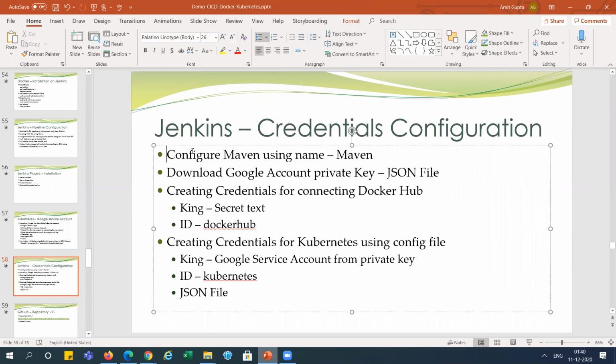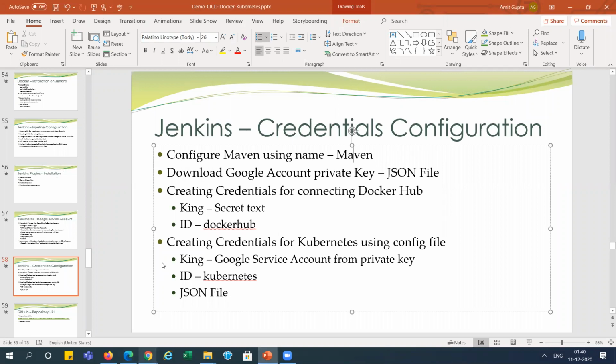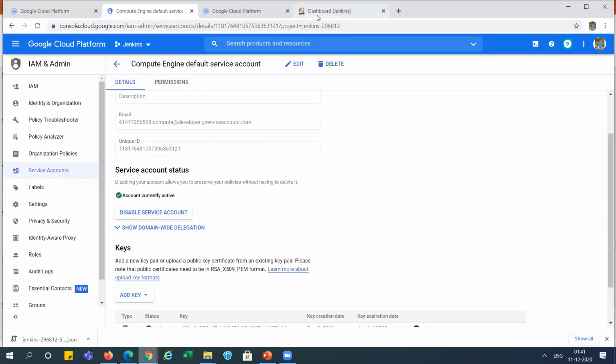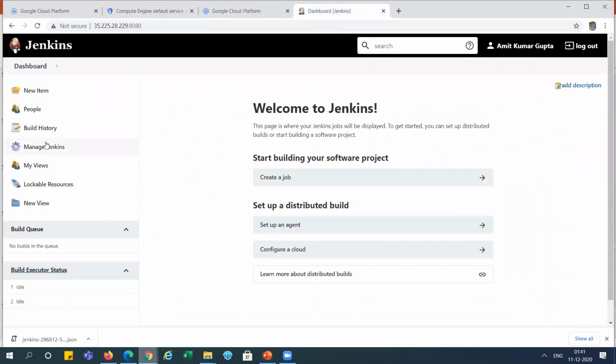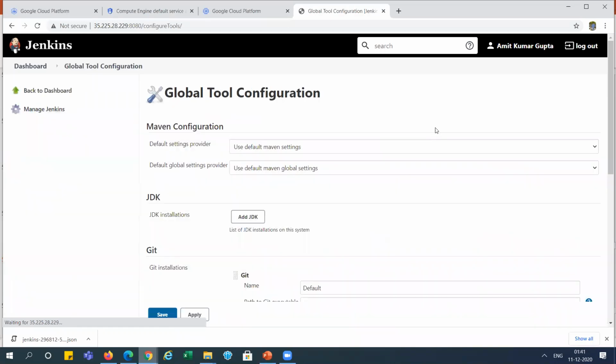Now in the next slide, you can see Jenkins credential configuration. First, we need to configure Maven using a name. So we go to Jenkins, Manage Jenkins, and Global Tool Configuration, right?